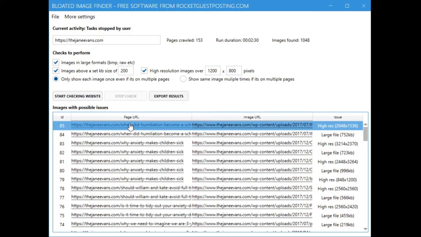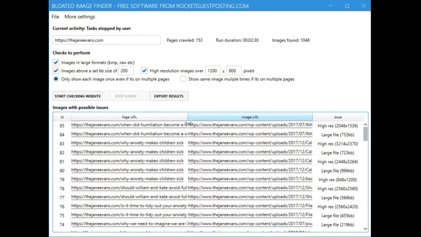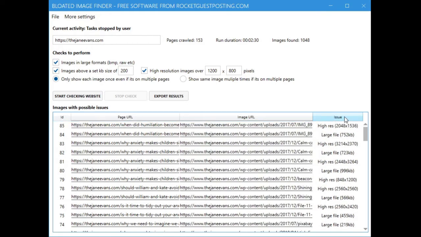Page URL, that's where we found the image. Image URL, that's the URL of the image. And then finally we've got the issue type here, which we'll go through now. So we can see here on the last result returned, there's a high resolution image, and we define high resolution as a total resolution that is higher than the total resolution set here. Next, large file. So you can see we set our threshold here to 200k, and we found one here that's